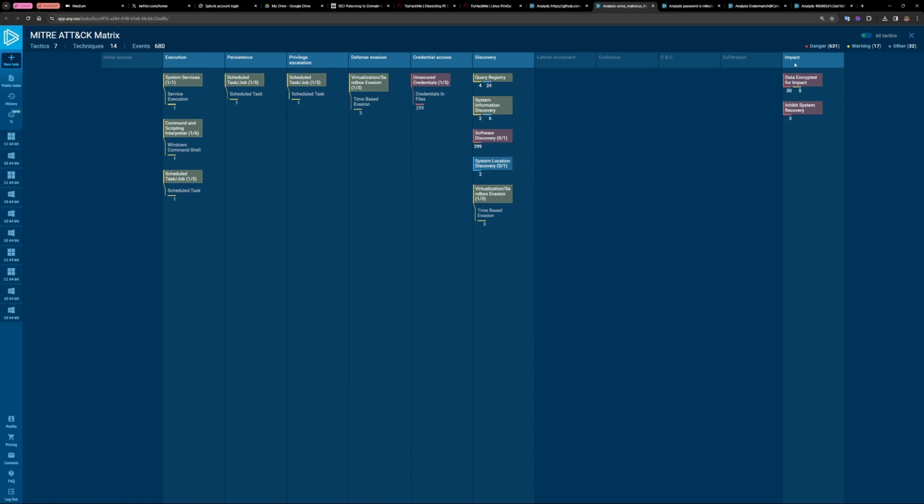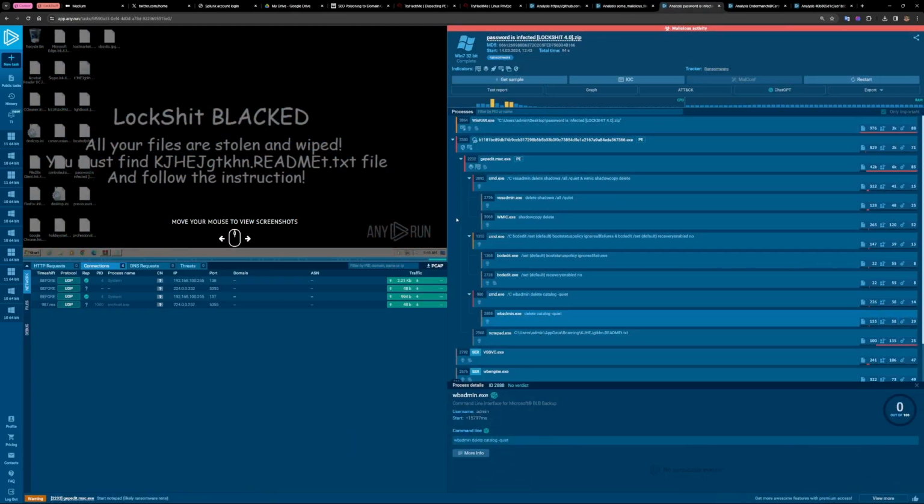And on impact side, data encrypted for impact and inhibit system recovery. On sample 3, after the execution, after unzipping the file with WinRAR, the user executed the file. The file name looks very awkward or unusual, like gpedit.msc.exe, which looks like the gpedit.msc file or software on Windows. And after it runs, it also tries to delete the shadow copies on the system via